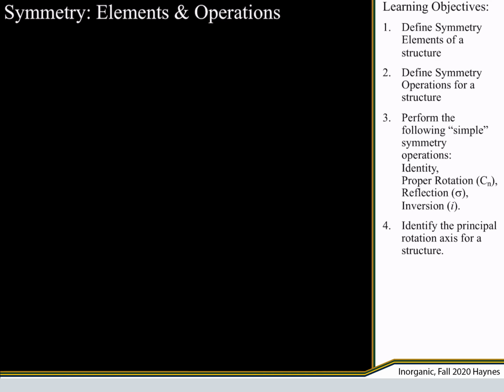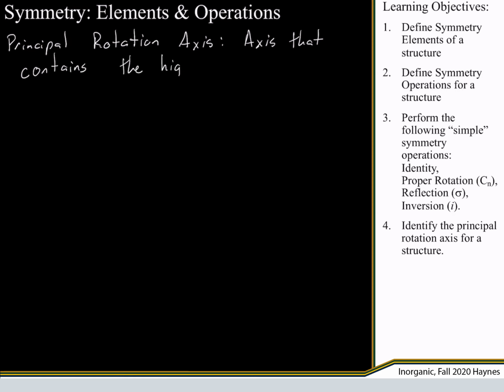So let's make sure we define that, right? So we have principal rotation axis, right? And this is the axis that contains the highest value of N in our principal rotations, right? So the highest value of N that we have for our platinum tetrachloride is 4, and so that would be